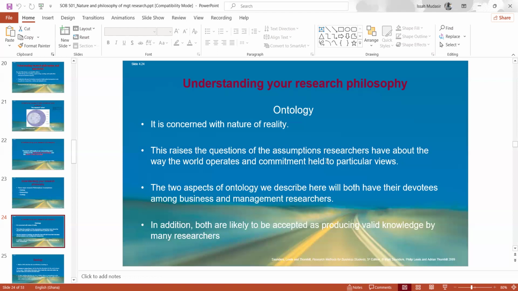As a researcher, do you believe that reality is objective or reality is socially constructed? Okay, if you believe that reality is objective, then you are akin to somebody who will say that you are born either a man or what? A woman. If you say that reality is constructed, then you will be in the category of those who say that even though you are born a man, you can change yourself into a woman. So, the nature of reality is at the core of ontology. Okay? Any question on ontology?